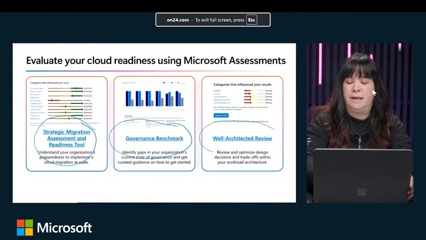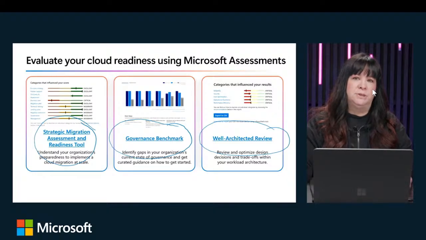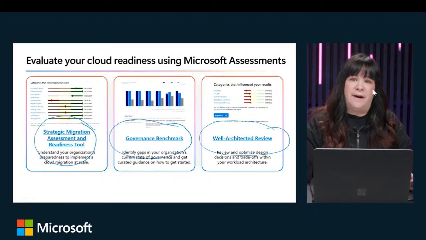And then the last one there is your well-architected review assessment. This review helps you optimize design decisions and trade-offs within your workload architecture. It provides recommendations based on best practices to ensure your workloads are reliable, secure, and efficient. Using these assessments, you can evaluate your cloud readiness, identify areas for improvement, and implement best practices to ensure a